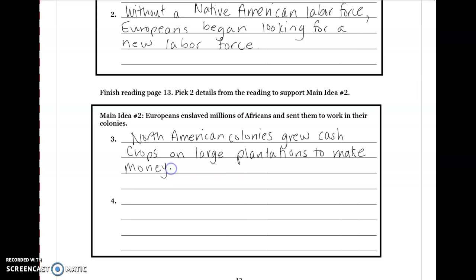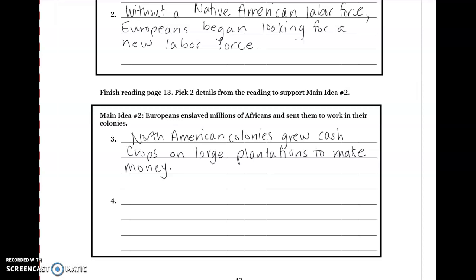Growing cash crops requires a lot of workers to pick all of the cotton, tobacco, and berries they're growing. And so they're going to need workers to do this. And unfortunately, this is where they began the slave trade of bringing enslaved Africans to do this work for no pay. So my last detail is going to